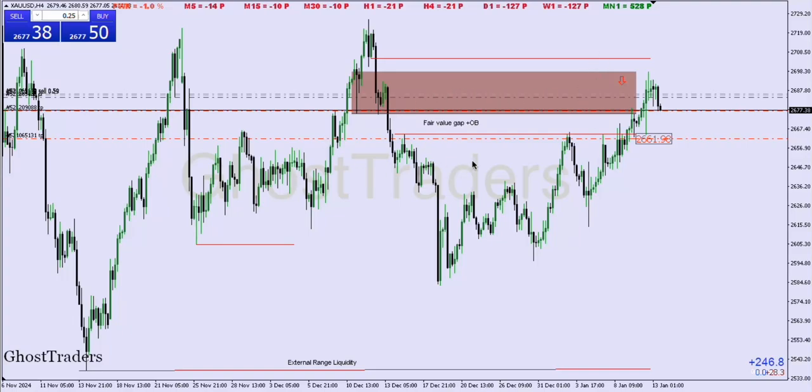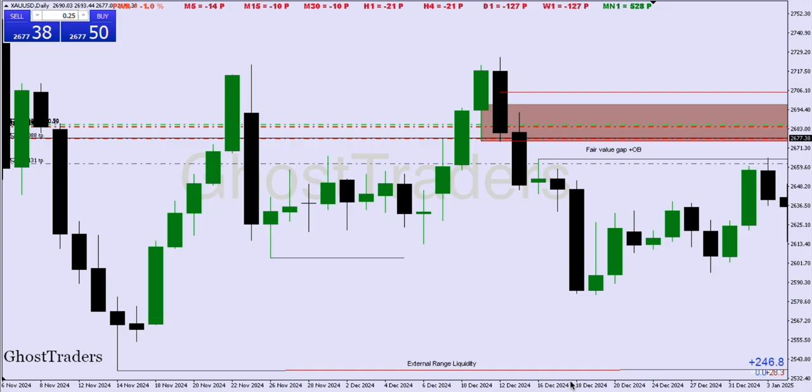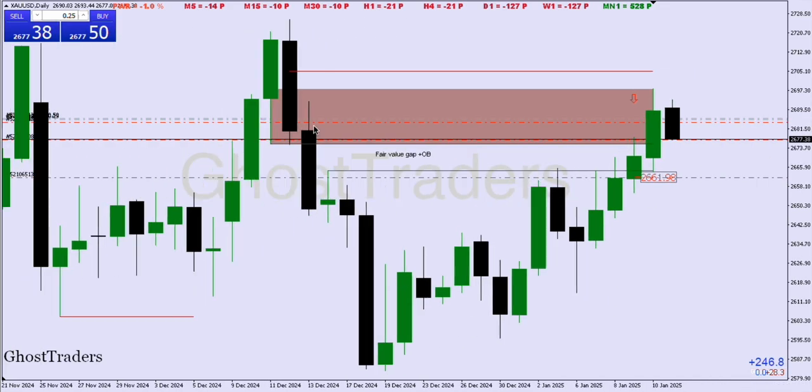So these are what we had here on daily time frame. Let me just zoom this so that we get to see. So these are the other blocks we had, and this is where we look at. As we have mentioned previously, price went deep into this order block here, 50% of the order block, and